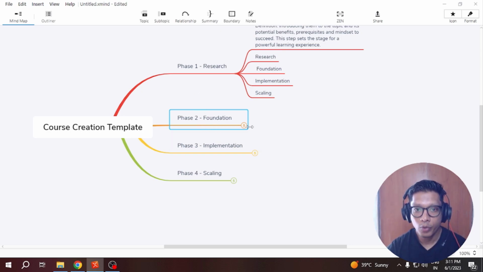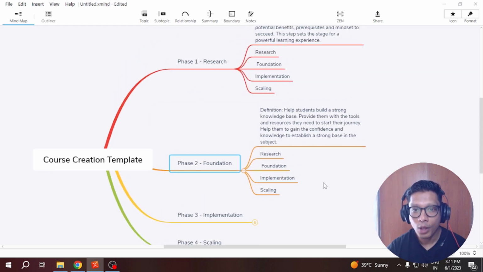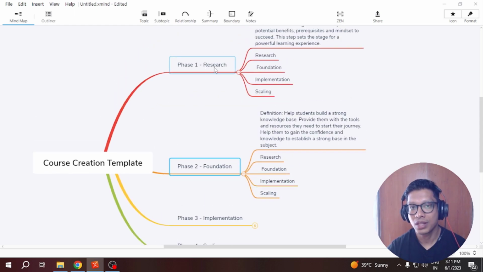Okay, so once they got the idea of this entire program, what this is, what are the things they need to get started, and how it really works, who are the people this program is really for, the second step is all about building the foundation to build muscle, because your program is all about muscle, right? So we are taking the example of building muscle. You can go and apply it in almost any niche or any topic.